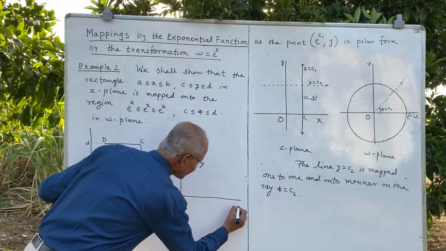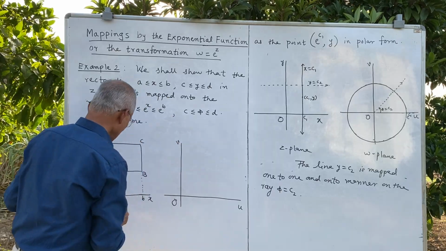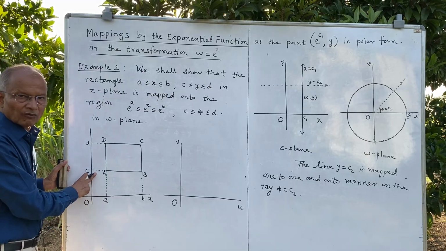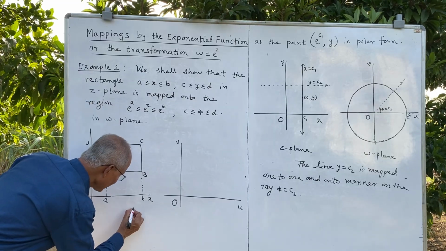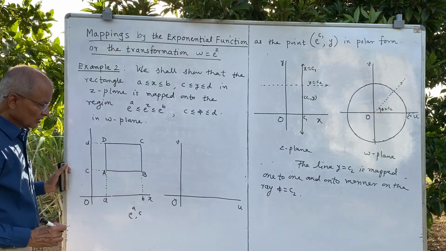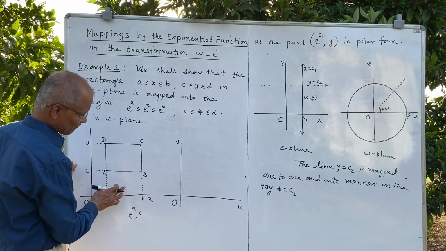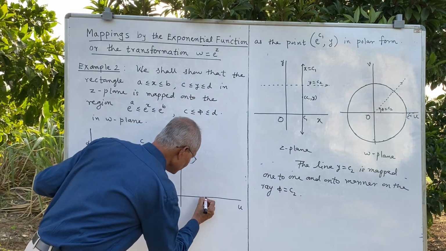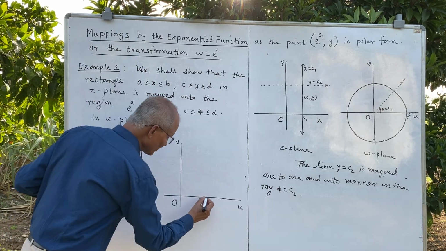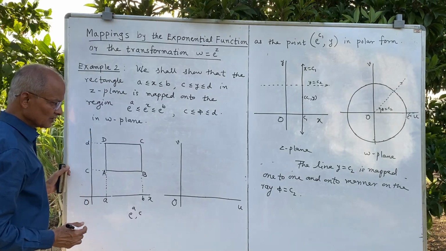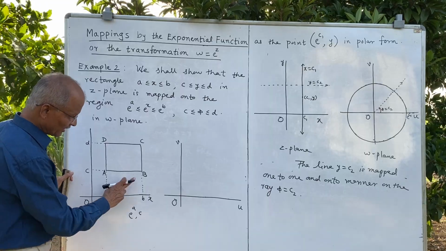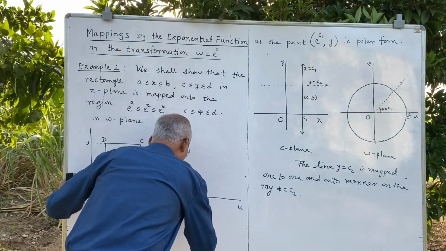See, this is the W plane. Now this point whose coordinate is (a, c) will be transformed to the point e power a, and phi is c. So we shall suppose e power a is this point here, and e power b is greater than e power a, so it will be like this, and thus it will have an arc region. Phi is c and d, so this will be phi is c,